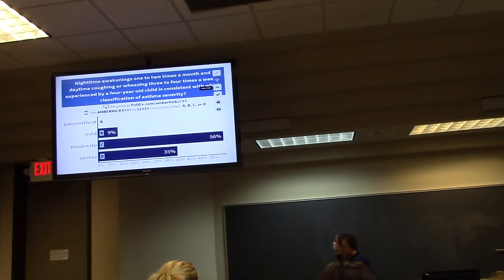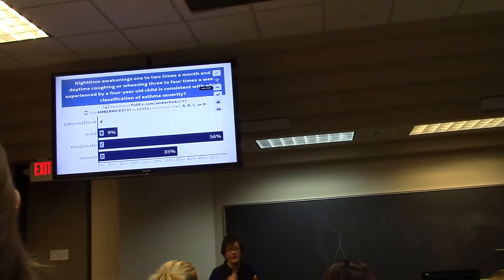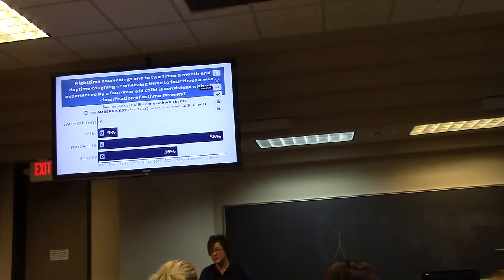I think it's easier if you learn kind of the middle of the road. You will see a lot of mild. You will see a lot of moderate because they just won't be well controlled, and then you can move them backwards. So picking one and learning the extremes on the other end, I think, is the easiest. You learn moderate, then usually severe is just a step up and mild is a step down. Okay.